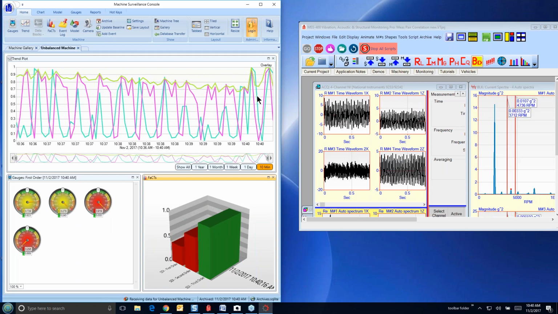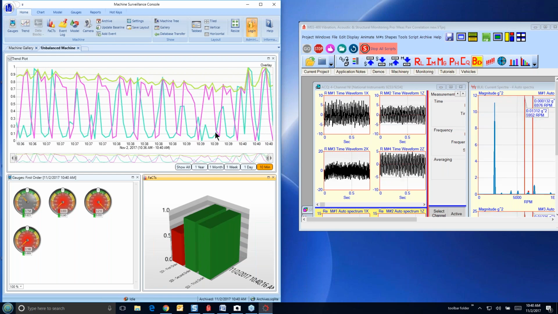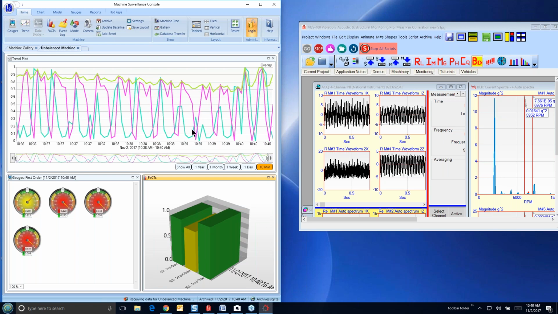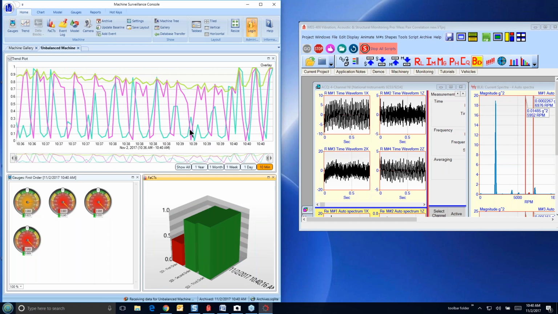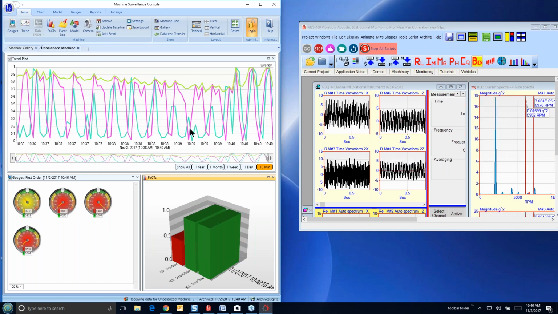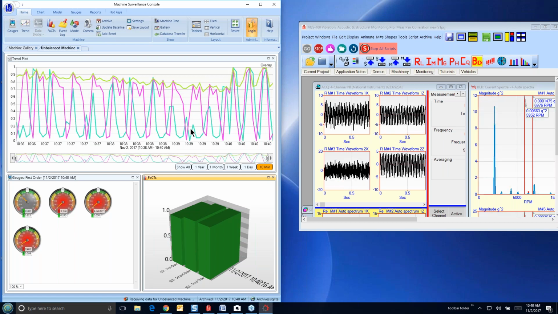up to 1, but the machine is bouncing around, vibrating quite a bit, and so this is showing me how well the 4 auto spectra are correlating between the current and the baseline.